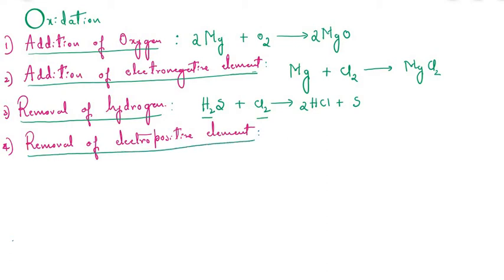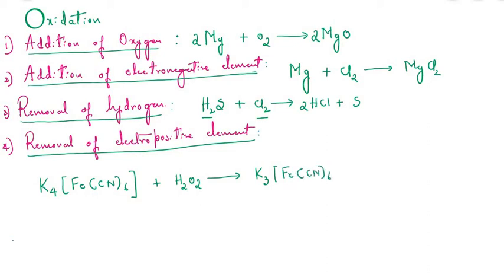And the next one is removal of electropositive element, right? So there is a complex reaction. Let us try to understand in a simpler manner. First let me write it as K4, then followed by Fe(CN) 6 times. So this is a complex compound, students, right? When treated with hydrogen peroxide, it gives rise to K3, then followed by Fe(CN) 6 times, along with the formation of